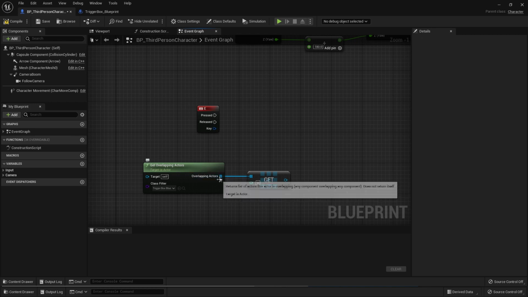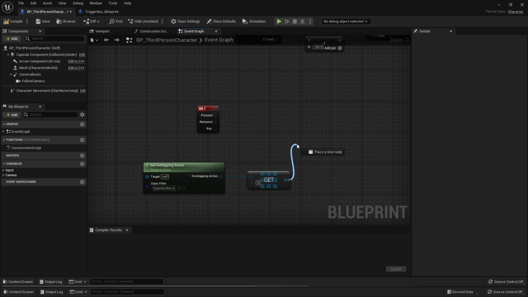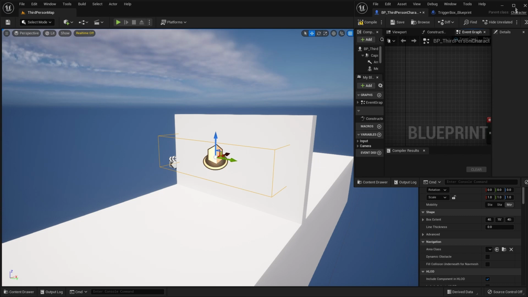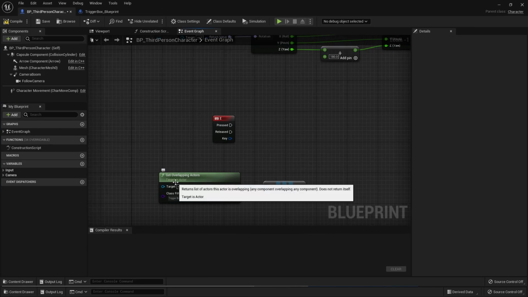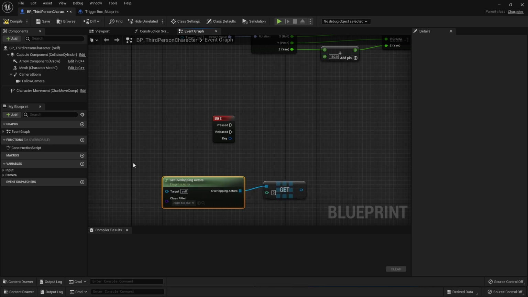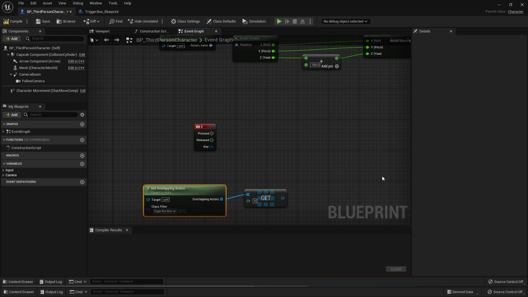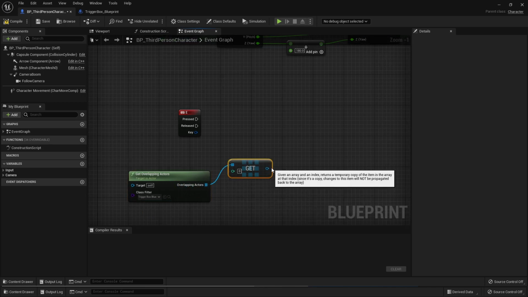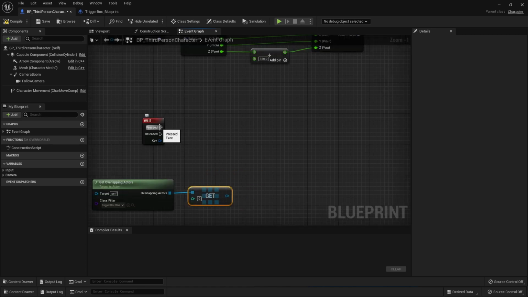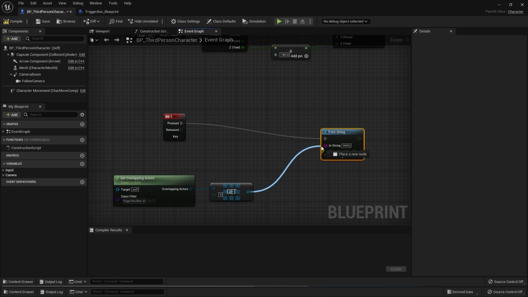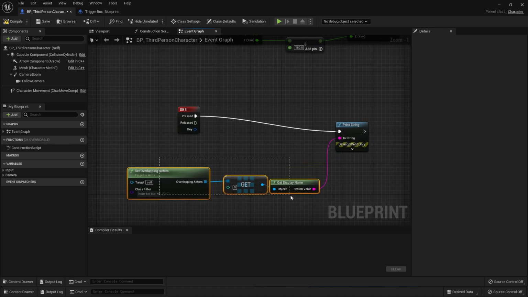Because we only have one of these in our world, get 0 is going to return the specific one that we were looking at here, as long as the player is actually overlapping with that trigger box. If they're not overlapping with the trigger box, then this is going to be empty, and this won't give you anything. So now I can just drag off of this and do a print string,